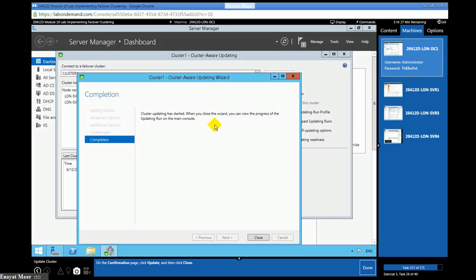So cluster updating has started. When you close this widget, you can view the progress of the updating run on the main console. Now we can close it.